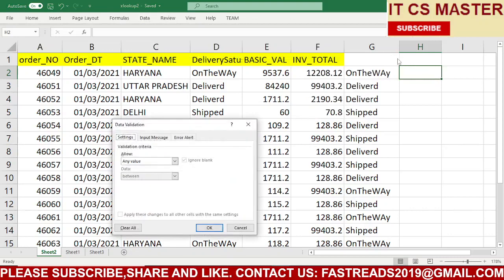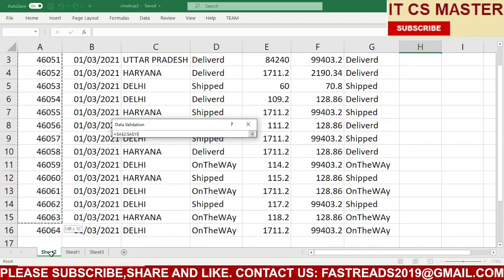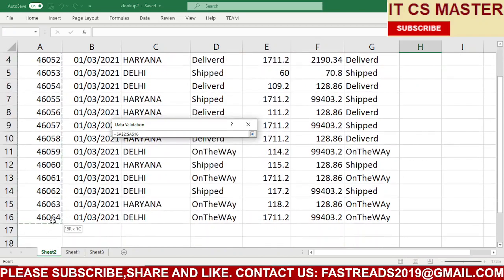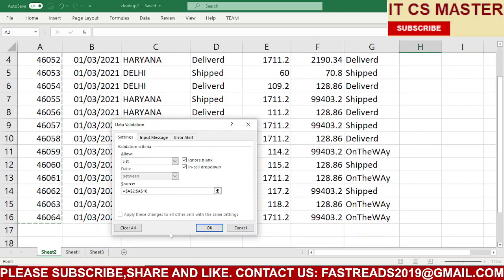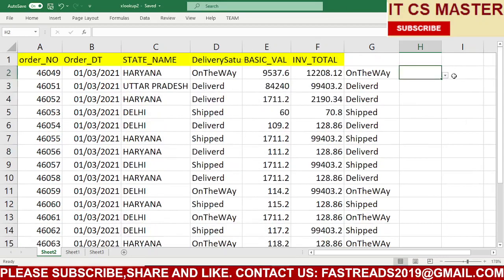Allow: any value, whole number, and so on. I need a list. Suppose I need this list; I selected the whole list and pressed enter. Here you can see the drop down has appeared. When I click here, all values appear.